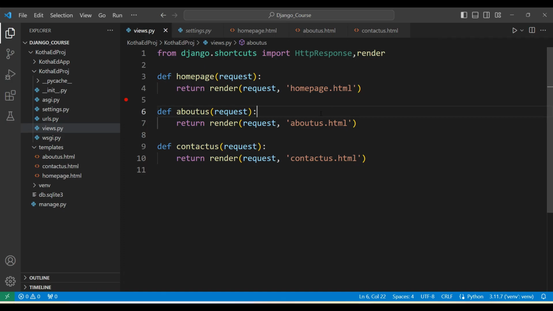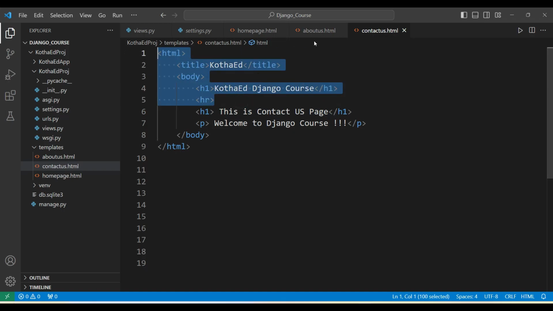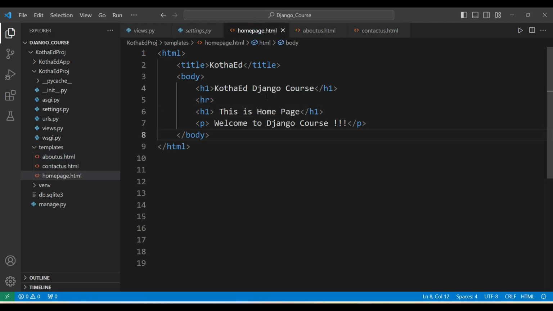Now let's understand the concept of template inheritance. Inheritance in programming languages means we acquire some of the properties from the parent code. Here we have created three files: homepage.html, about us.html, and contact us.html. If you observe carefully, the content is similar except this header. This is common content, like the Kotha title and Kotha Django codes. Same goes for about us and the homepage.html. So instead of creating it again and again, to reduce duplication of code and maintain consistency in the entire project, we are just going to copy this content and cut it,